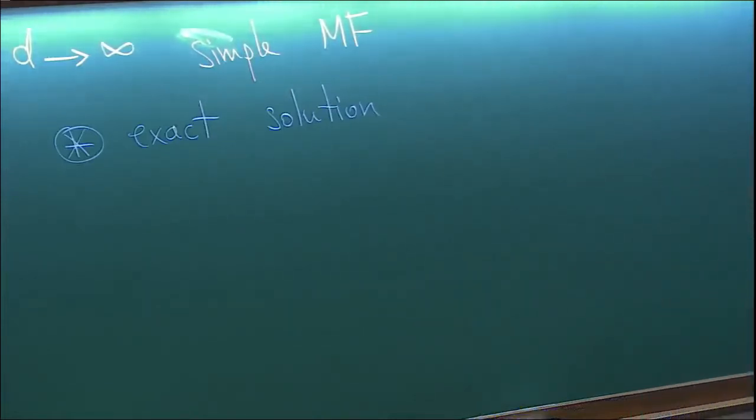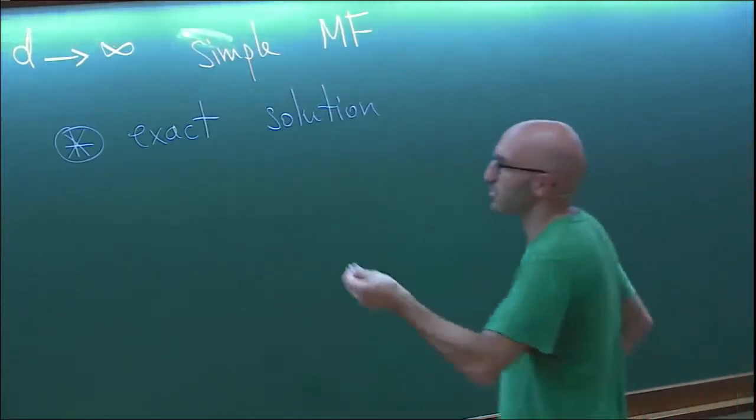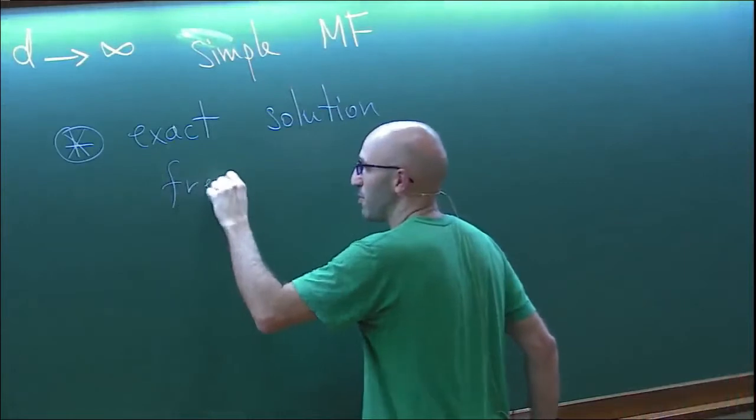So this means that your theory will be exact for a given microscopic model that is well defined. It's a bit strange. I mean, you are taking a strange limit, but at least it's a well-defined microscopic model. So your theory will be free from pathologies if you want. So I mean, the problem is that if you